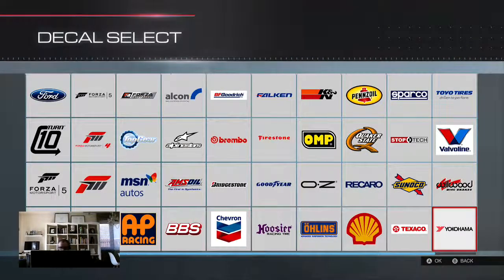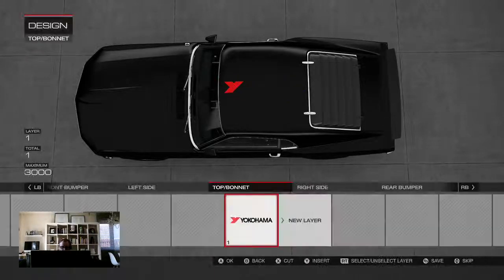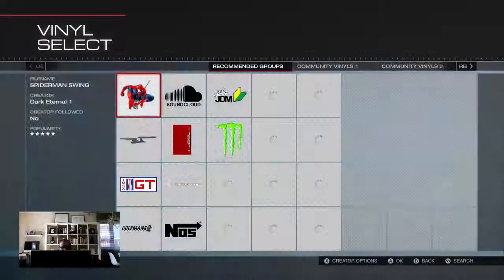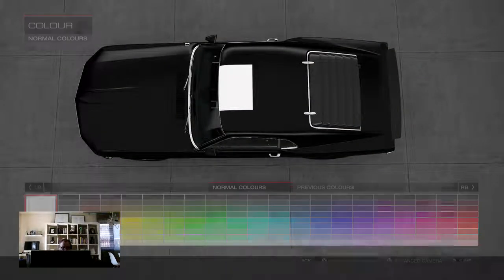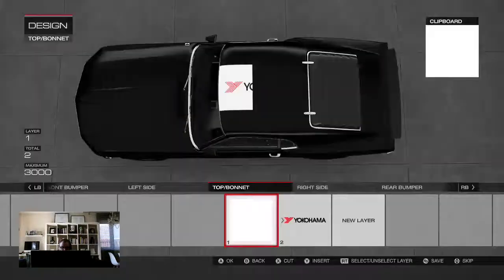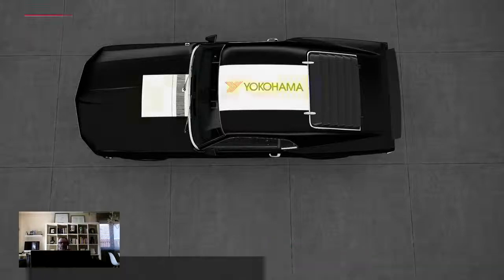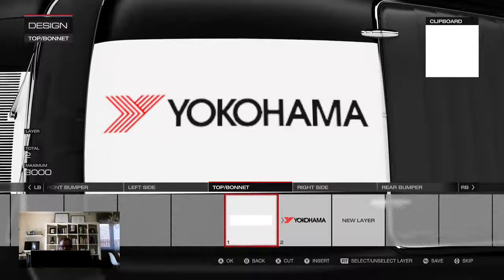Ideally, I would want it to be all white. So there you go. So what you can do is